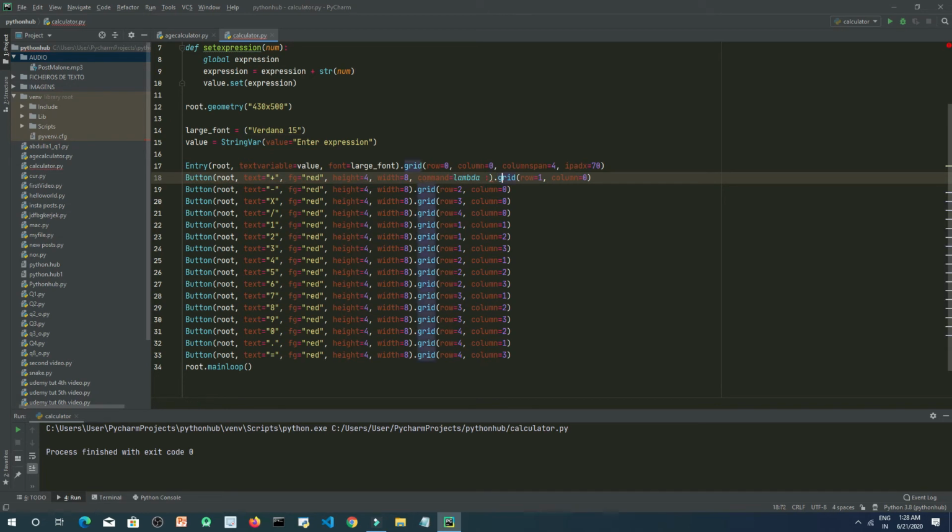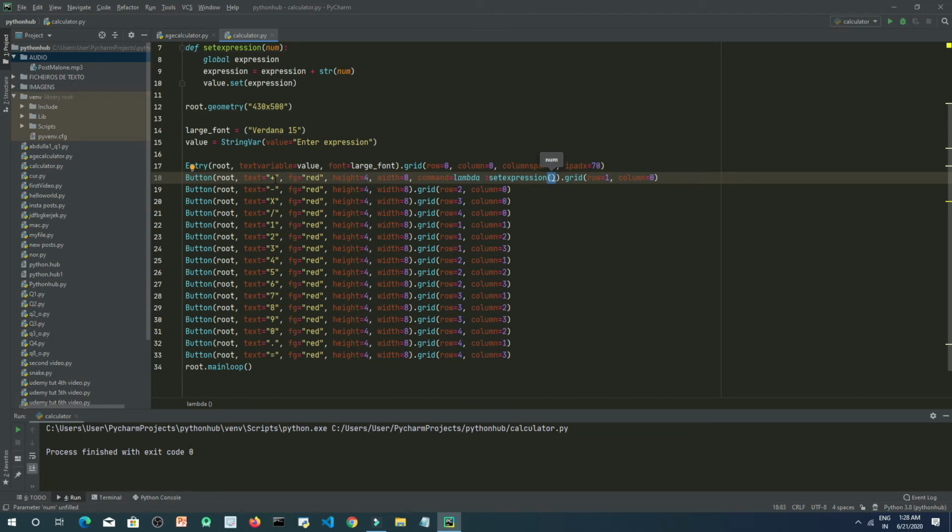Okay, so command, and we will call the set expression function.